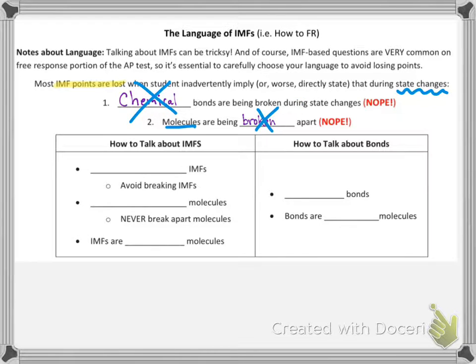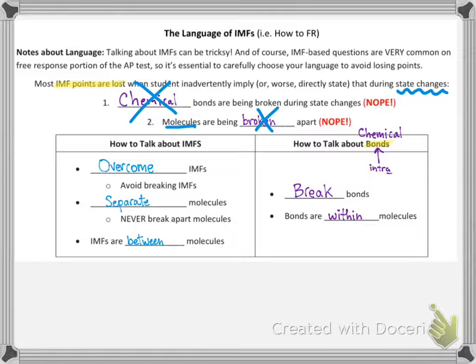So there's a distinction you'll notice. It's not 100% true, but I tend to use this because it helps my brain differentiate. When I'm talking about chemical bonds, intramolecular forces, we talk about those being broken, right? You break chemical bonds within a compound. And chemical bonds are within a single molecule. For intermolecular forces, I will commonly use slightly different language just to differentiate. Instead of saying breaking IMFs, I like to say you are overcoming IMFs. Instead of saying break apart molecules, just say separate molecules. That's because IMFs are between separate molecules.